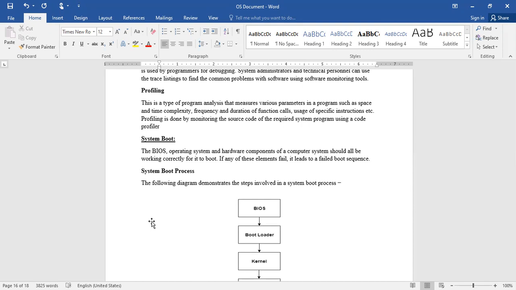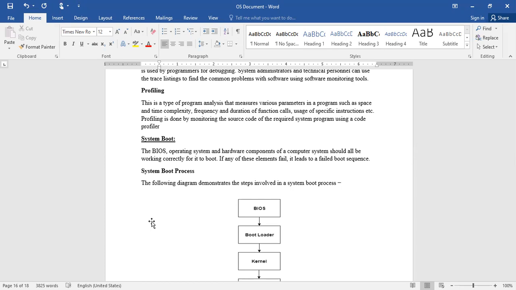So, in order to make sure that all these things are working properly, we need to boot the system. If during this process any one of them is not booted properly, it leads to the failure of the system startup.